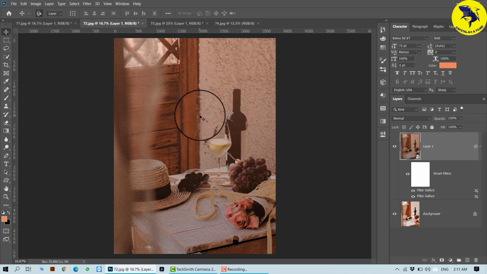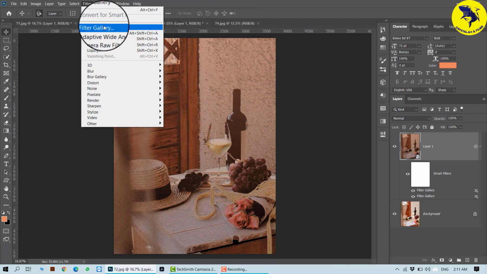So these are the different ways where you can use your Filter Gallery onto a picture, onto a smart object, and even for your other text and things which have already been created and you just want to work with different effects and filters. Photoshop is a vast subject. There is much more to it.